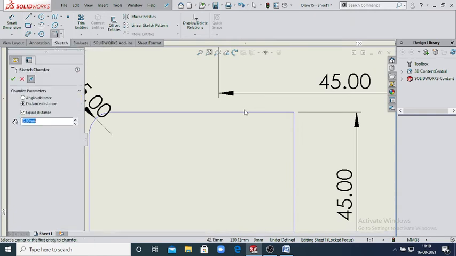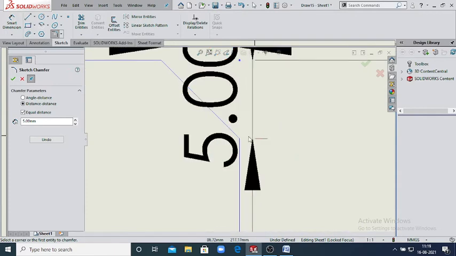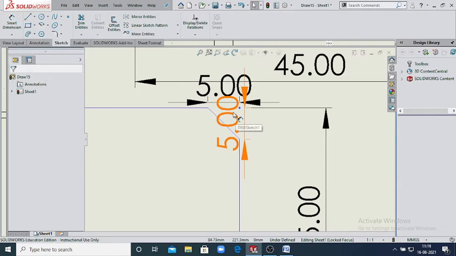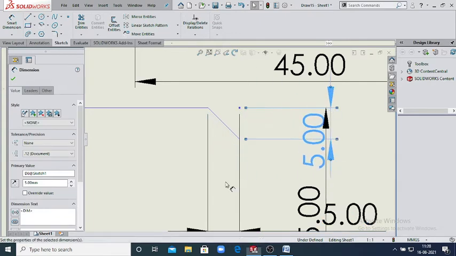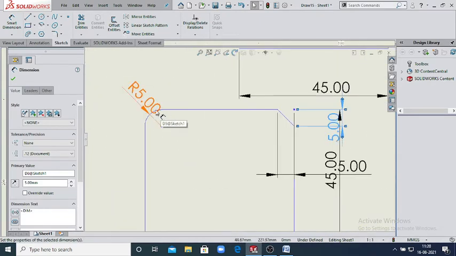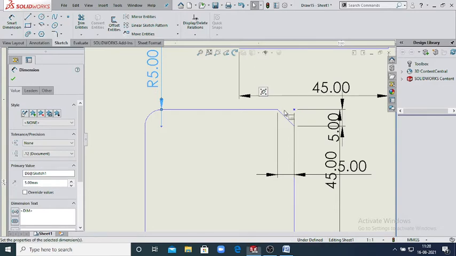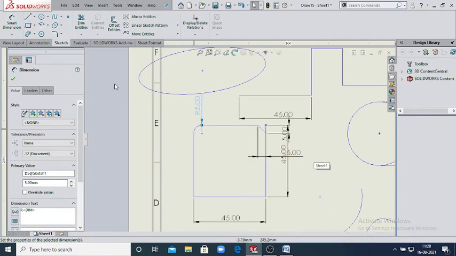Next one is your chamfer. Chamfer is a taper angle in the corner. Some radius in the shape is known as your fillet, and some angular, tapered shape is known as your chamfer command.